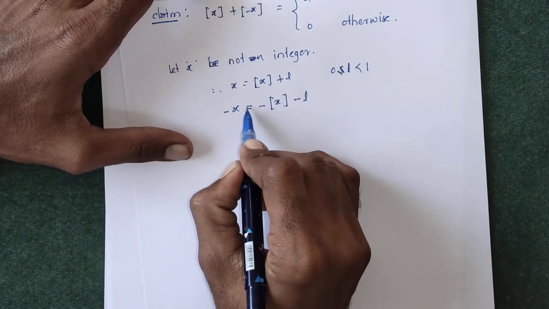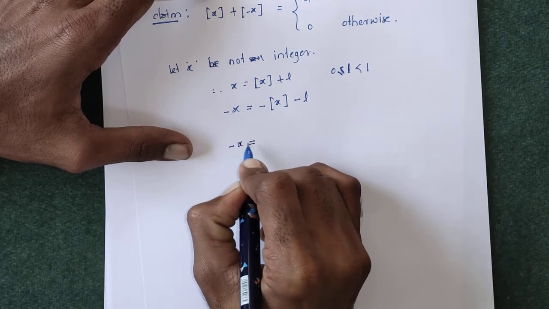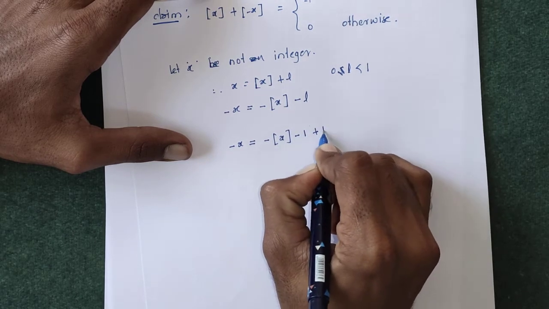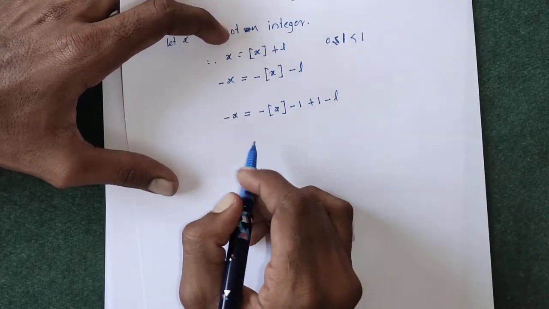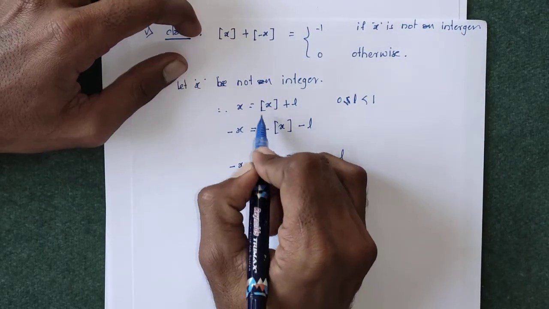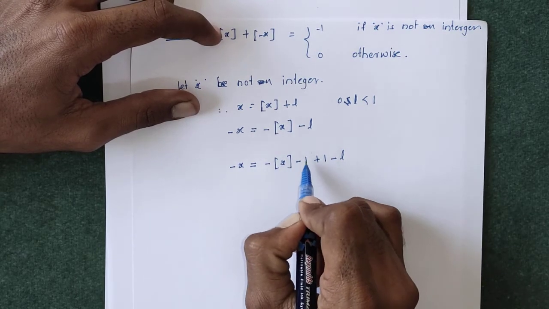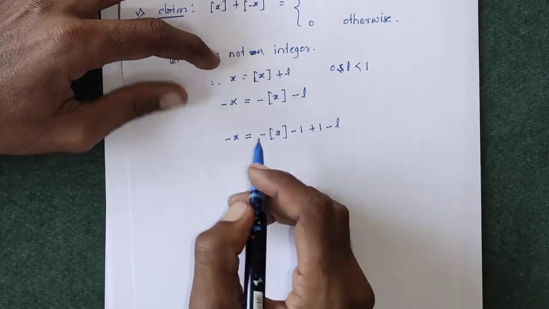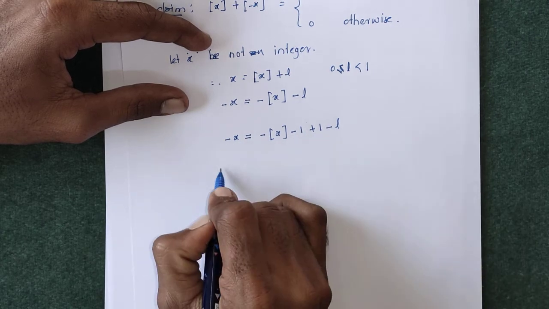Now adding and subtracting 1 on this side, we will get minus x as minus the integral part of x, minus 1, plus 1 minus L. This is just a construction to prove our result. So here x is of this form, that is x is equal to the integral part of x plus L, and minus x is equal to minus the integral part of x plus 1 minus 1 (which cancels), minus L. Now if we apply the greatest integer function on both sides, we will get